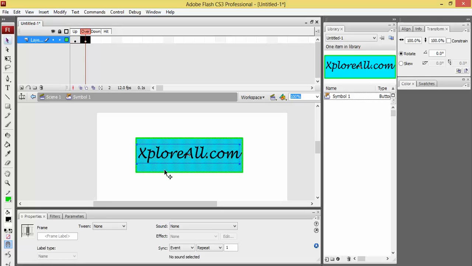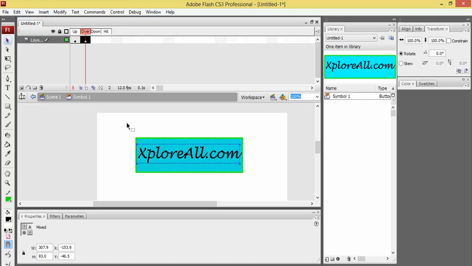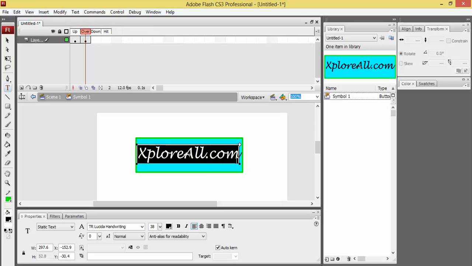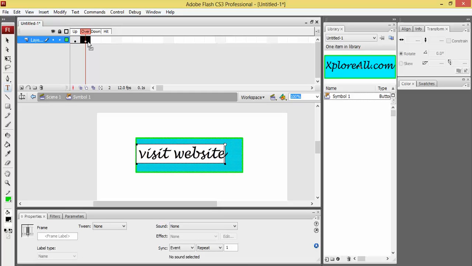Suppose I change the text to "explorer.com, visit our website." So when I hover on that, it should change to visit website.